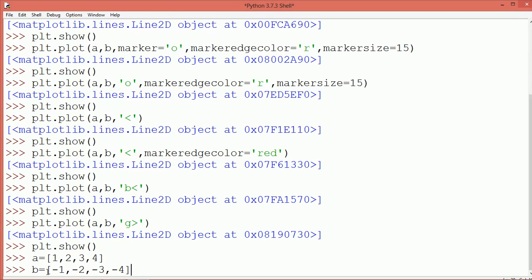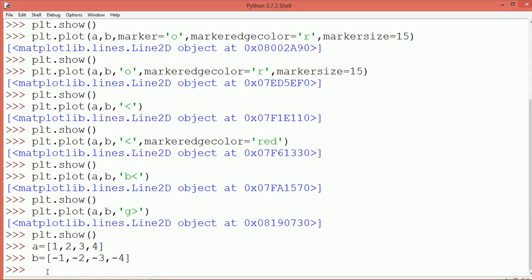Now let us see what happens. Okay, now we create the scatter chart. So let us create plt dot scatter. Remember, to create a scatter chart, we can use plot function or we can use the scatter function. But if we use scatter function, then the scatter chart will be created automatically. And if you are using the plot function, then you have to be careful about what I had told just now. So use the scatter function simply,